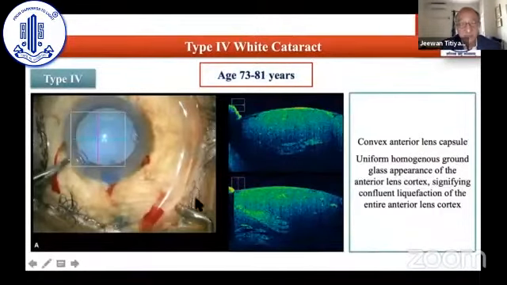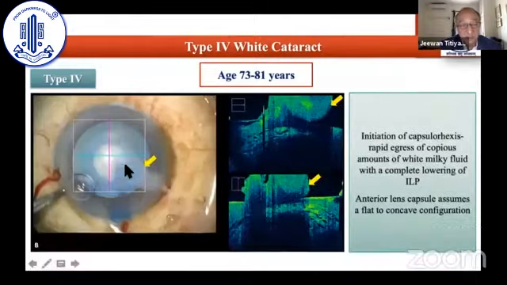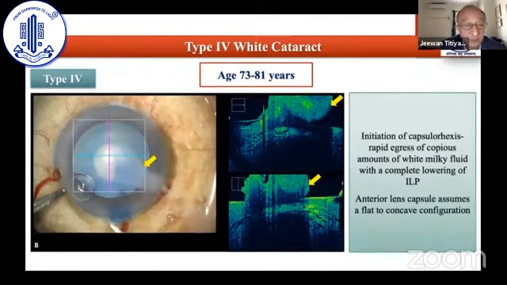So this is a type 4 variety of cases where you have a thick homogeneous fluid collection behind the anterior capsule, which is going towards a Morgagnian type. But here also you can have a raised pressure sometimes. Sometimes with the milky fluid coming out, the entire capsular bag becomes a little loose, and the nucleus can be freely rotating in these cases, and access becomes difficult. So you have to have viscoelastic pressure right from inside the bag and outside the bag to complete the rhexis